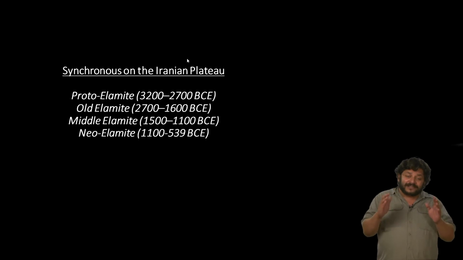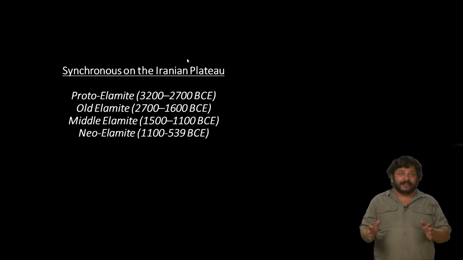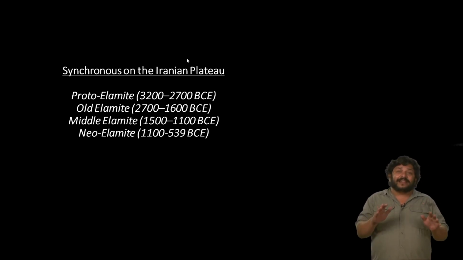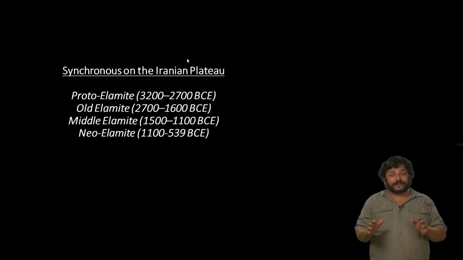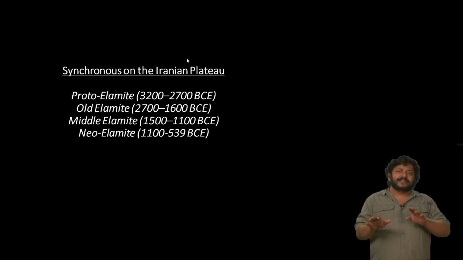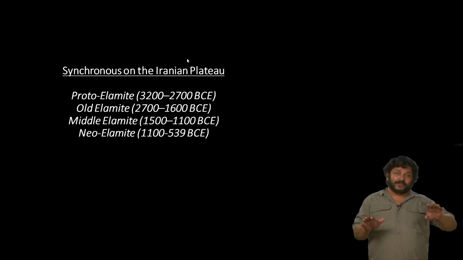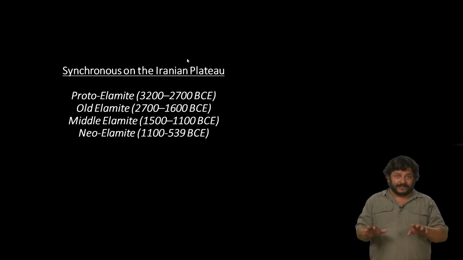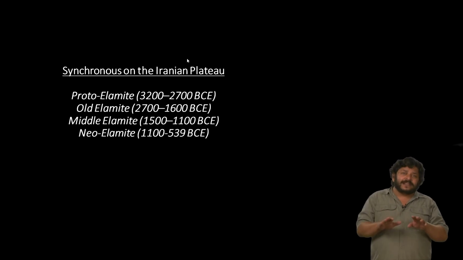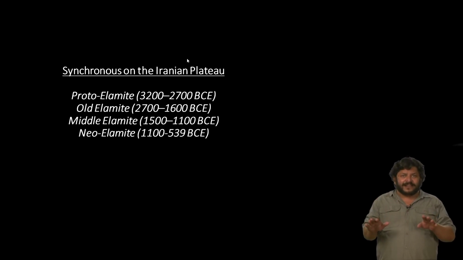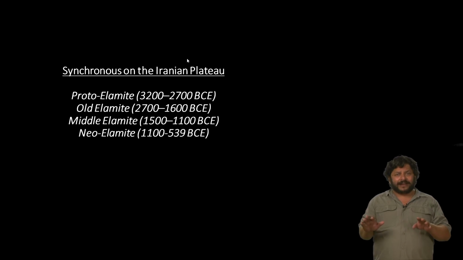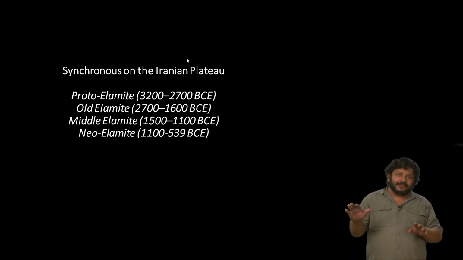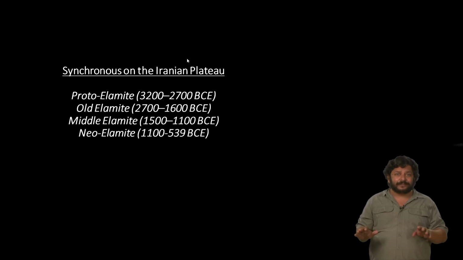Now, for the history of North India in particular, developments on the Iranian plateau are very important, and the big reason is that the Indus Valley civilization itself seems to have enormous connections with 2 areas. One is the Iranian plateau, where you have the Elamites in the Bronze Age, and also with an archaeological set of sites called BMAC, the Bactria Margiana Archaeological Complex, which is in Afghanistan and Central Asia.